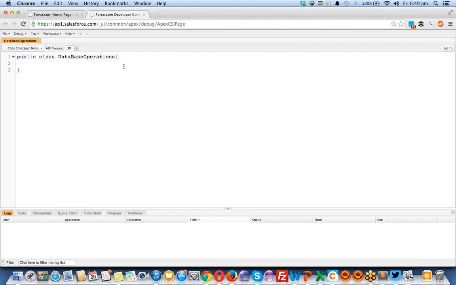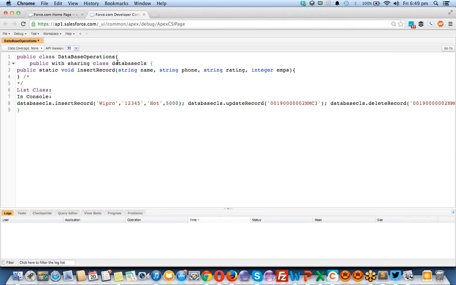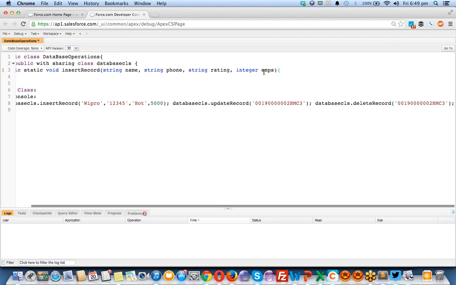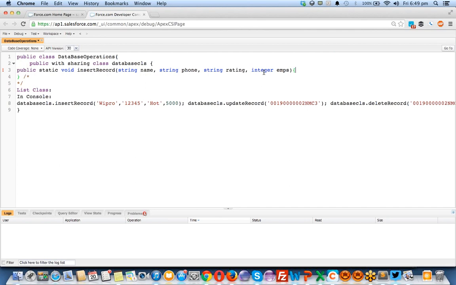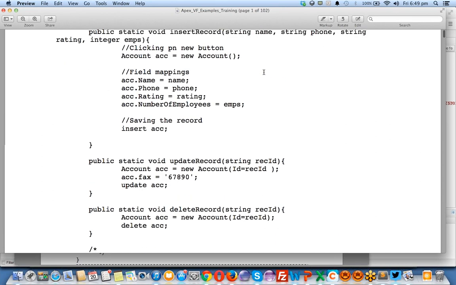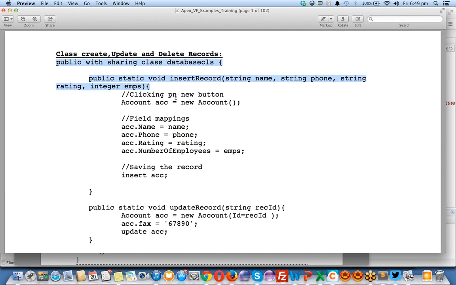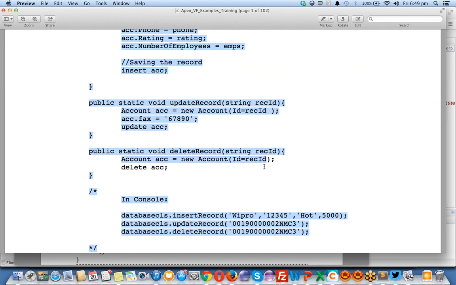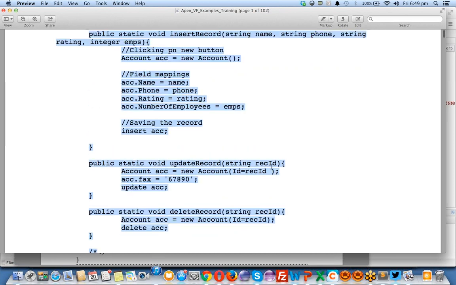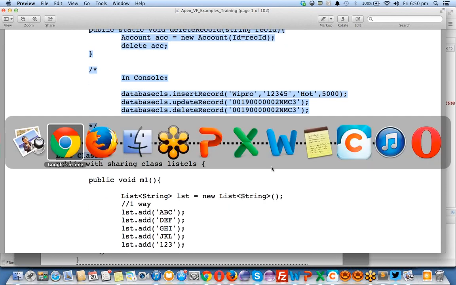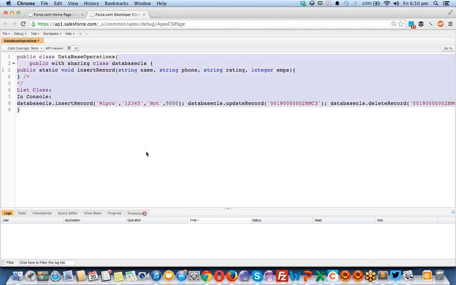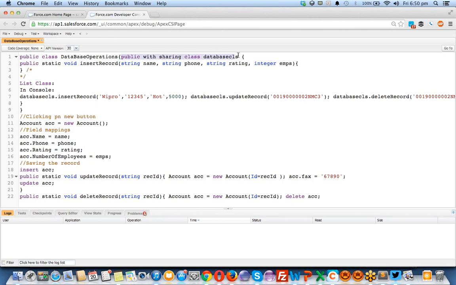So when you are creating a class name in Salesforce, it automatically creates a class for you in the system.